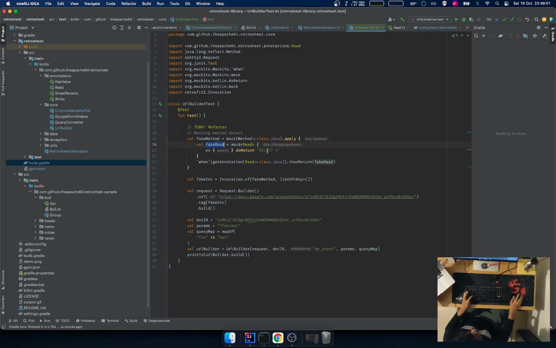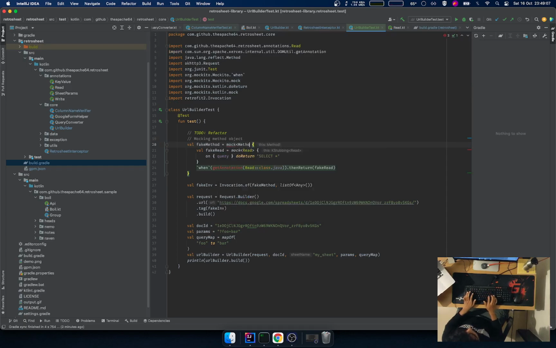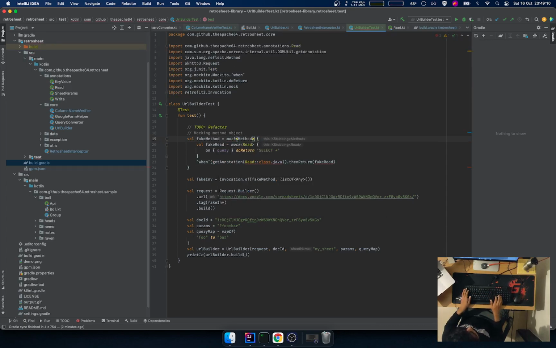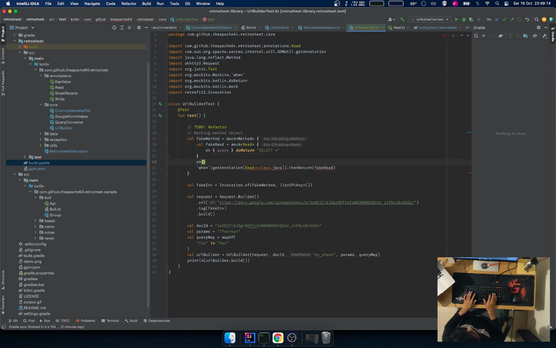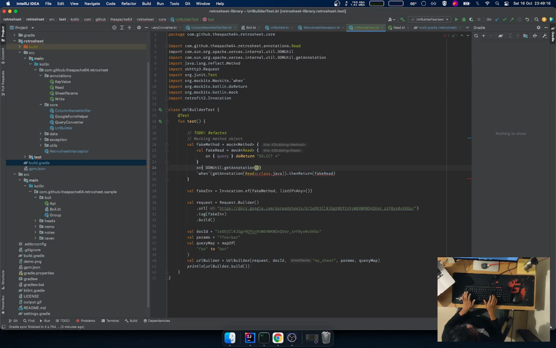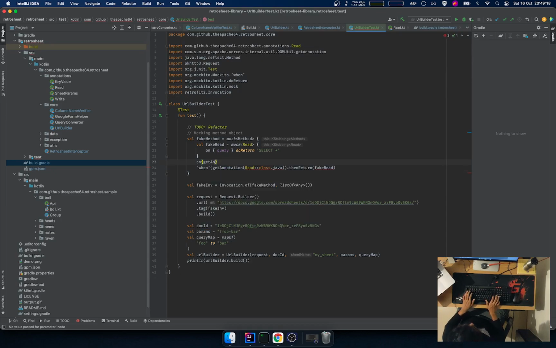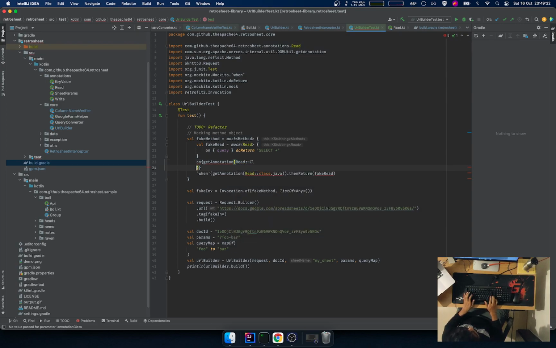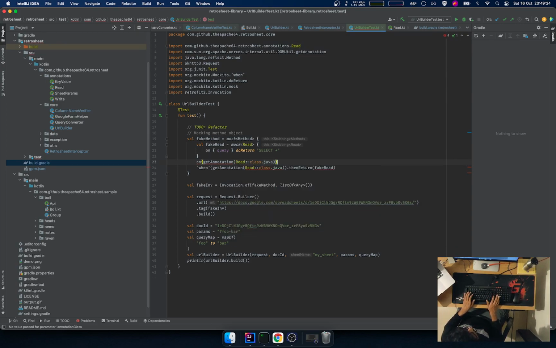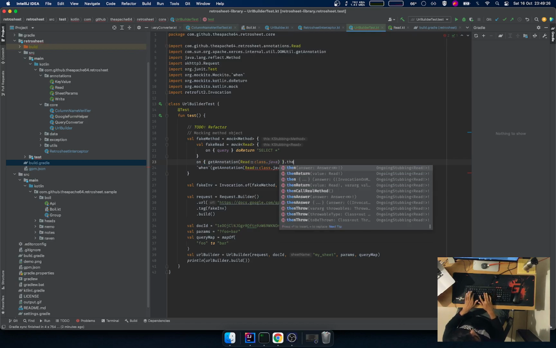Okay, fake create method we have, and we also modified this mock method. Yeah, and on get annotation. Get annotation with class. We will then return